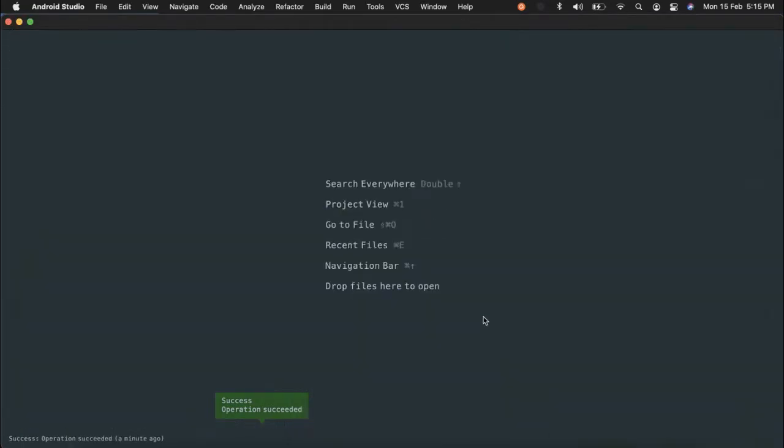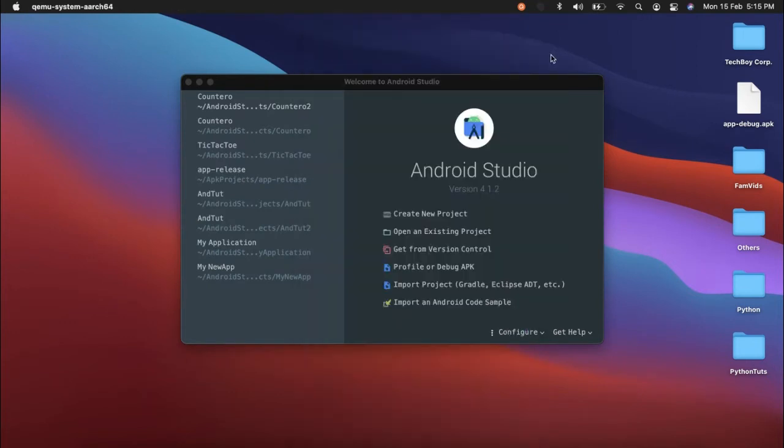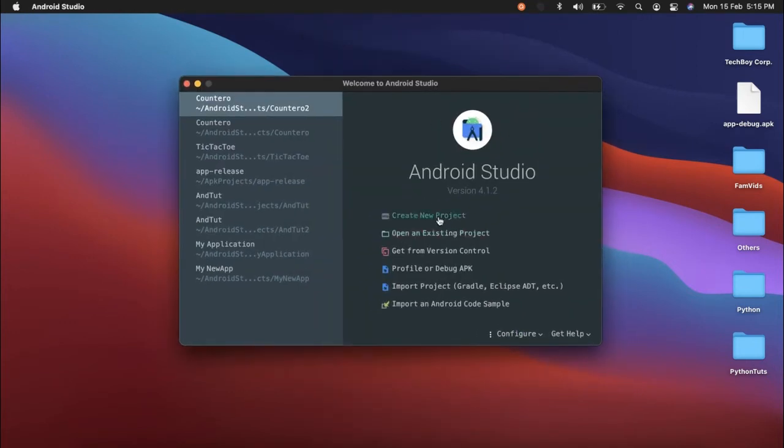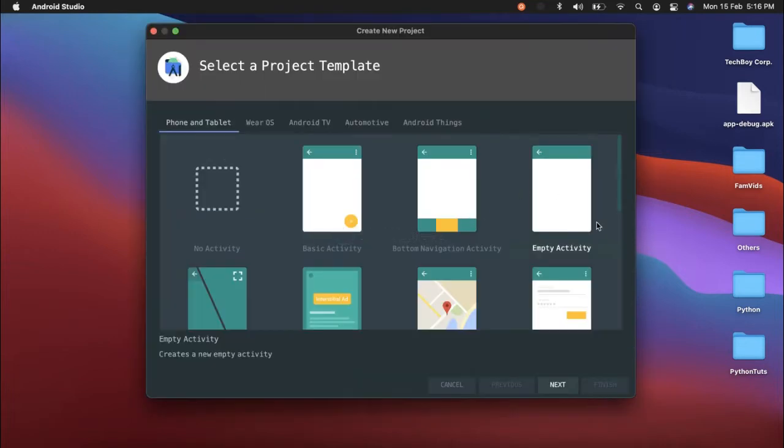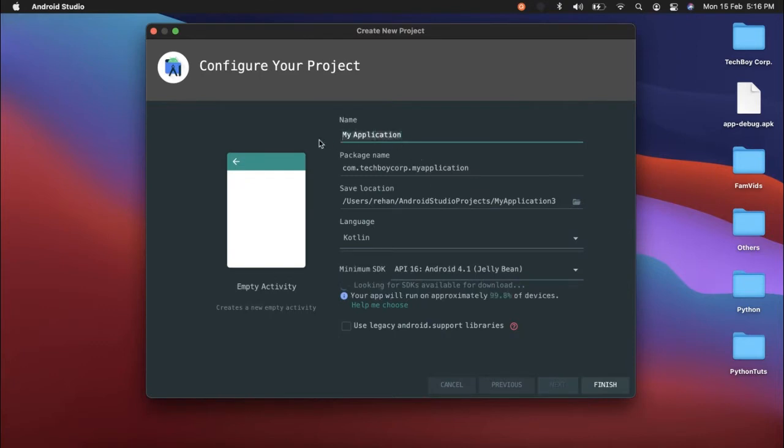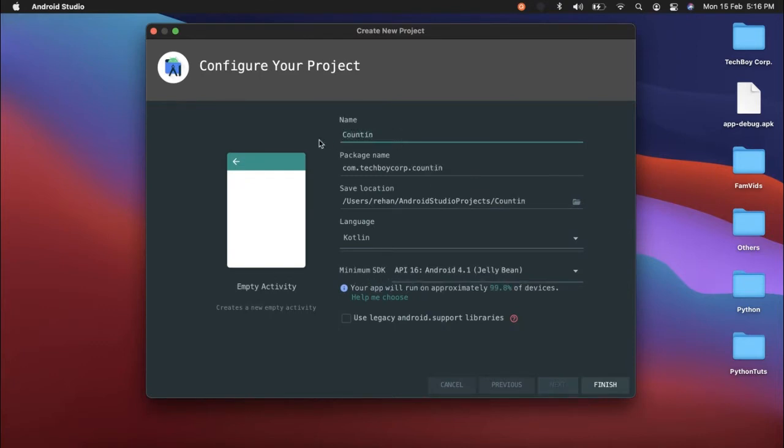Okay, so when you open Android Studio for the first time, this would be the welcome screen. What you have to do is click on create a new project. Now there would be a lot of templates. Select empty activity, then click on next. Name it, I'll name it Countingy, and then you can give the domain name of yours if you have any, so that when you put it on Google Play, it would select this domain. Then you can click on language, and we're going to be using Kotlin. Java is also an option, but Kotlin is better, like I discussed in the first video of Kotlin. So now click on finish.